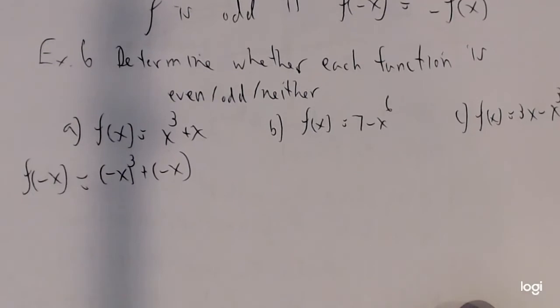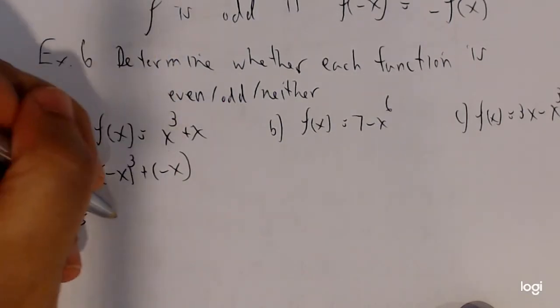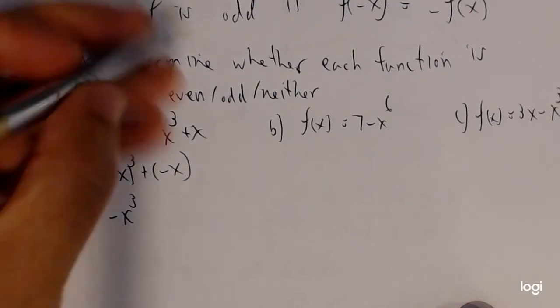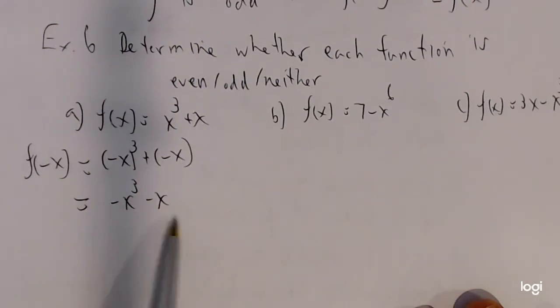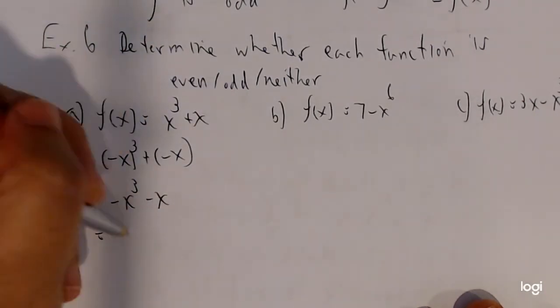And now I'm going to simplify this. And if I simplify this, what's negative x cubed? So negative x times negative x times negative x ends up being just negative x cubed, like that. And then plus minus x, which makes it negative x. And if you compare this to the original, what do you notice? It's the exact opposite. Better yet, if I factor out a negative from this, I get,